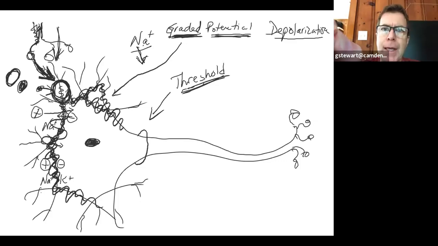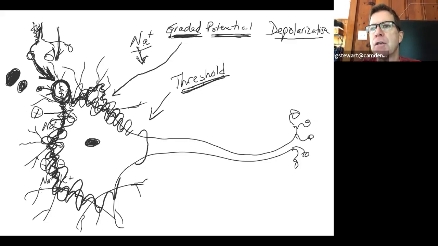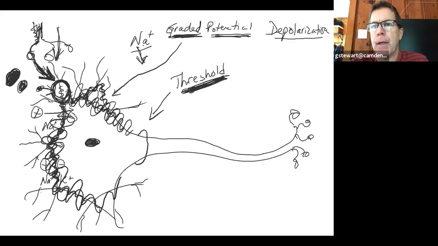If I stimulate this cell strongly enough, the analogy is to throw a huge rock into that still pond. Those ripples are bigger and they emanate far enough all the way around this cell body to reach this resting cell's threshold. When that occurs, it's like opening up a dam that we can't close anymore. And when threshold is reached from that graded potential, then at the axon hillock, right here where I've made this red ring, what happens is